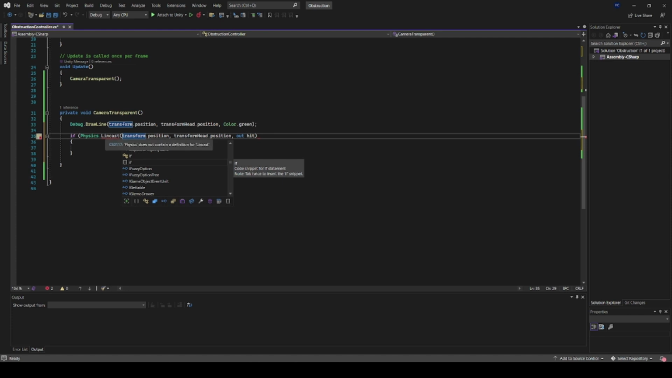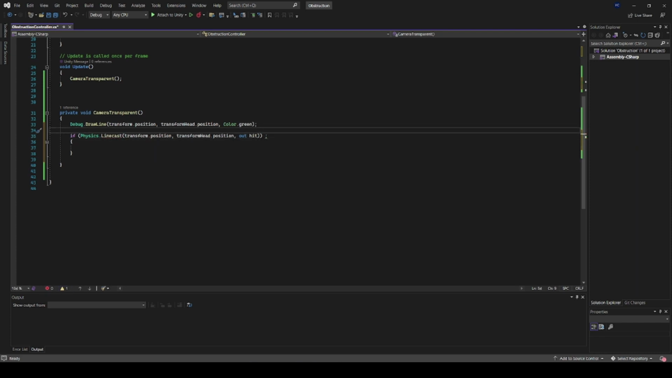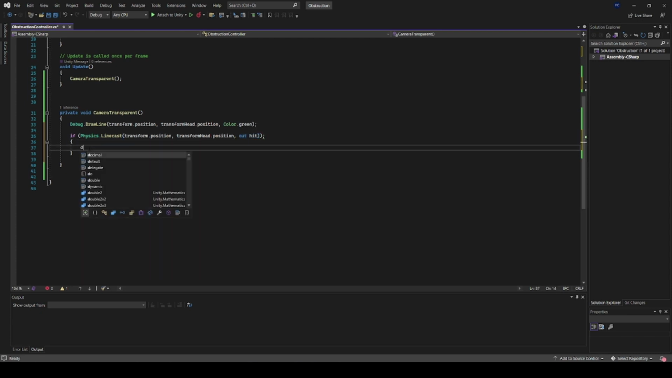And this is how the function works. So it's Linecast, and then brackets. Oh yeah, and it will basically return a true or a false value. But the most important part is what comes out of the hit, so you can detect what has been hit. So first of all, we'll start with a little debug,